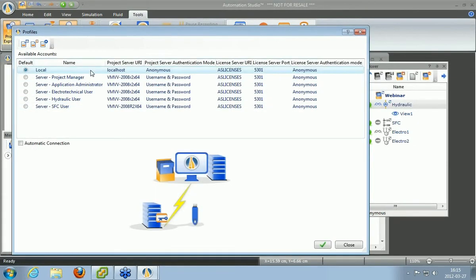So here I see the list of different accounts that I've configured in different connection profiles. The local one simply uses the local host server, which is pretty much this computer, while the other ones are going to be connected to a project server that I call VMVV 2008 R2X64. The same accounts I've shown you earlier in the project server are configured here as